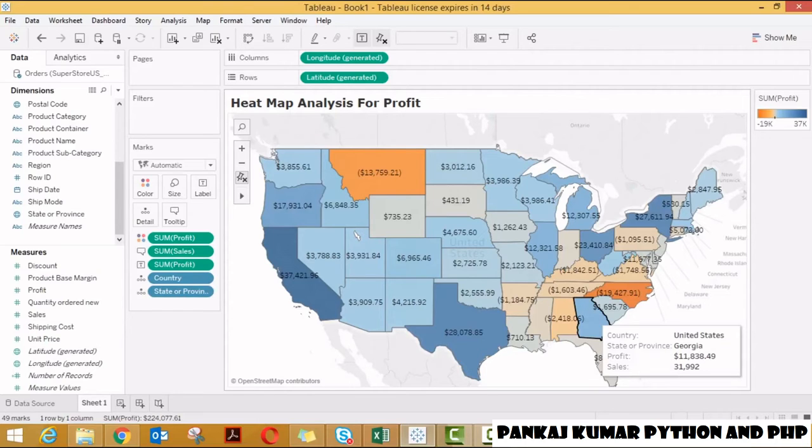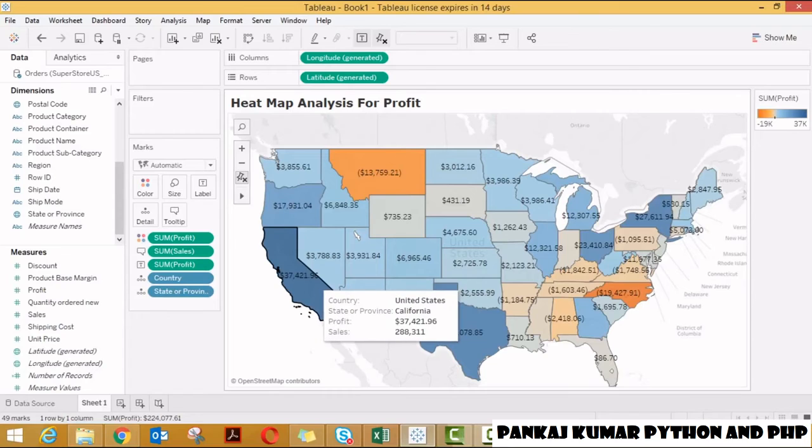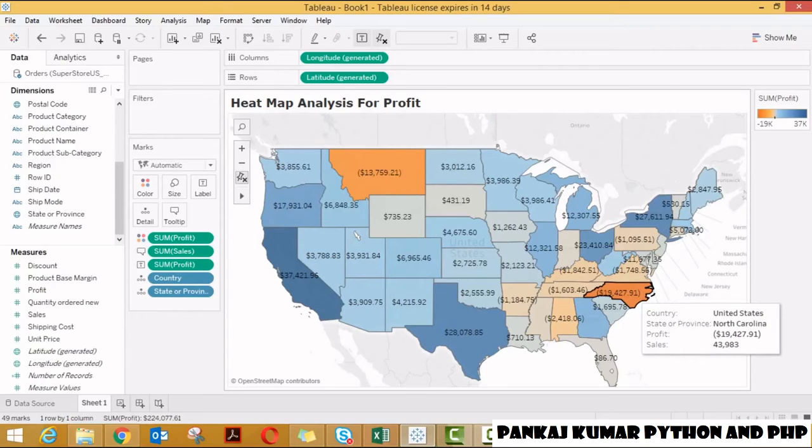Okay, so the most profitable state is California. See, this is the most profitable state among all the states, and the least profitable state is North California. Even though here we have extracted just 2000 observations, if you have millions or trillions of records, with the help of these quick visualizations you can extract insights out of millions or trillions of observations. Tableau will also help you understand the data better. If you visualize this, you can understand which state is doing well and which state is not doing well.